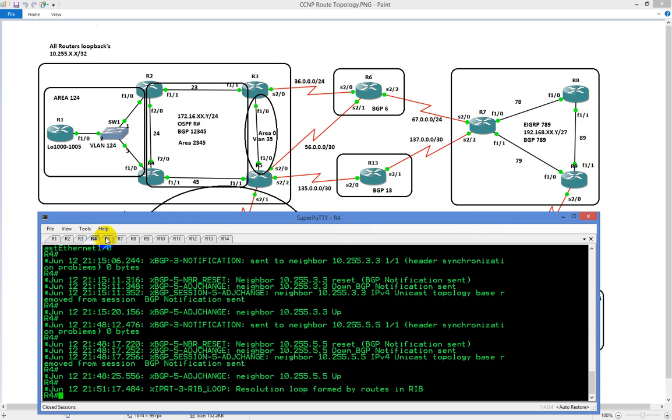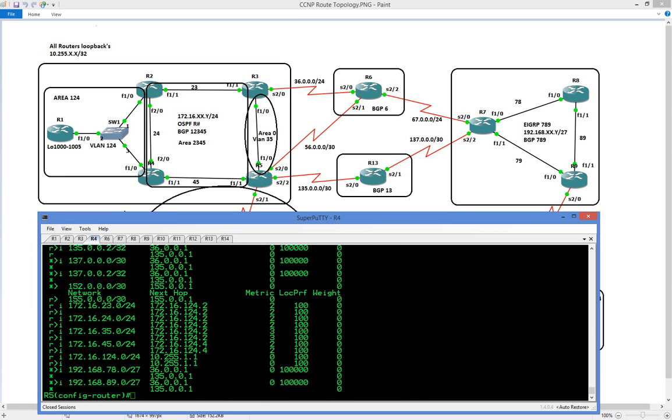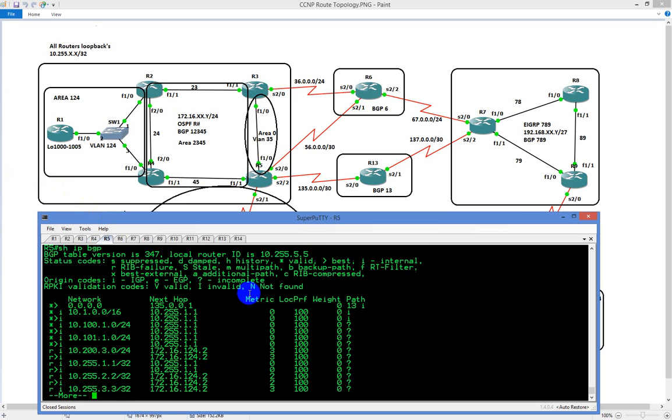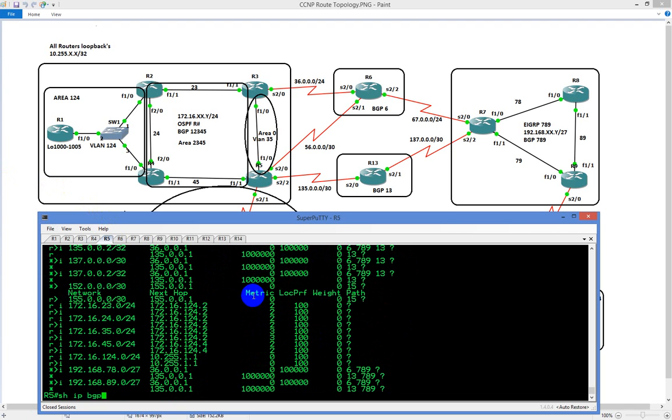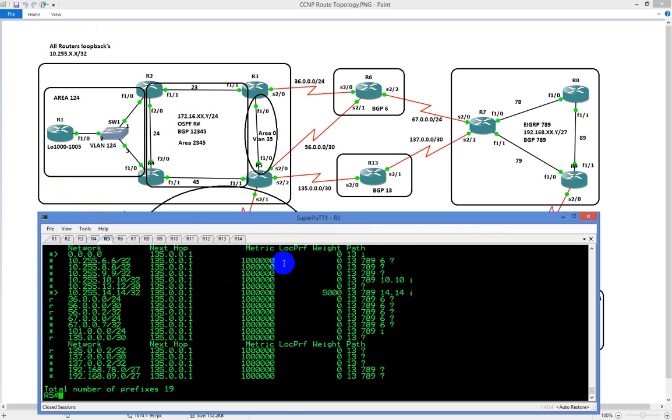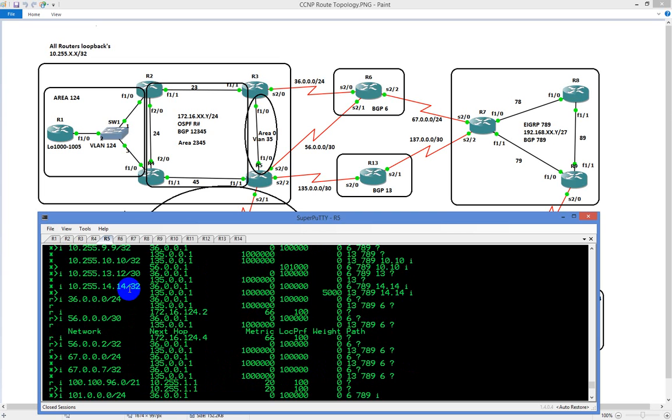We go to router 5 now. On router 5, we're going to jump out of here. We're going to do a show ip bgp now, and you'll see that all these routes are coming in with a value of 1, or 1 million, right? Now that's going to indicate to us, if we hit the up arrow a couple times, so here we're getting all these values in, and notice how all these values all of a sudden are coming in as before. If we were to look up here,